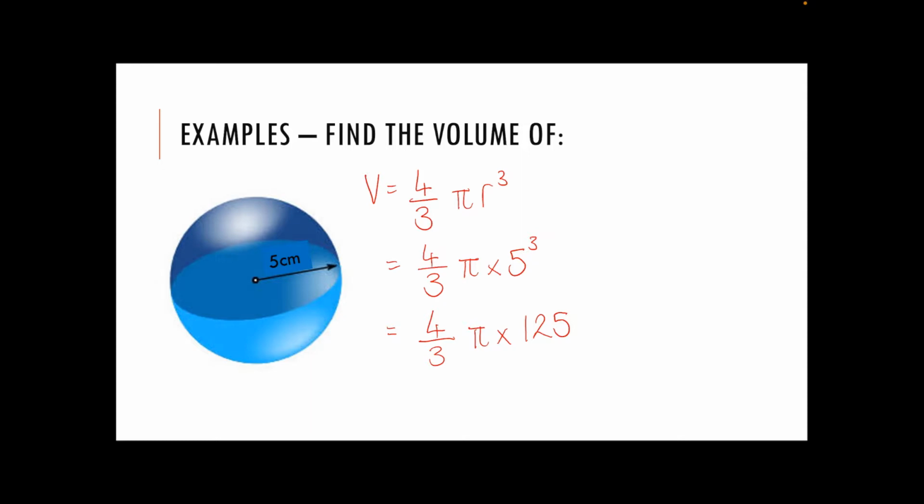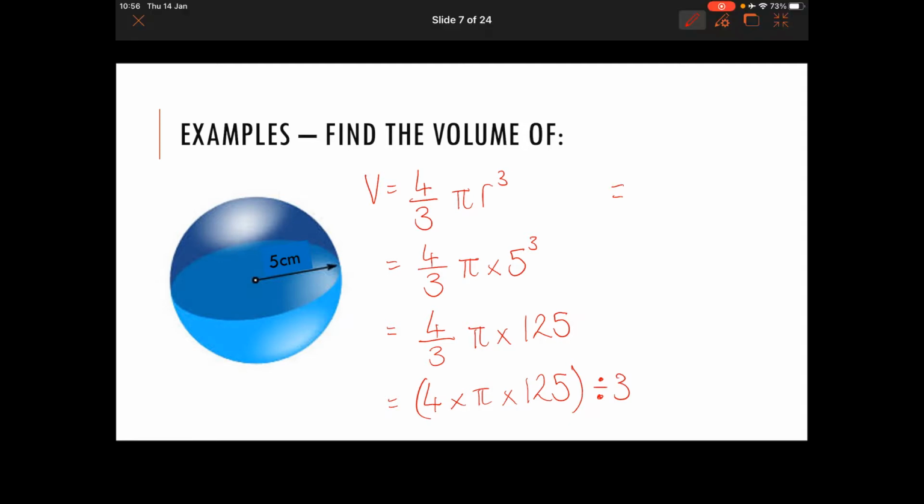So the way that I would then type this into my calculator is that I would do my 4 times by pi times by 125, and then divide that whole answer by 3. So if you were typing it into the calculator, I would just type what's in the bracket there, hit equals, and then type divide 3. Don't clear my screen once I've hit equals, just once I've got that answer, type divide 3 is going to give me